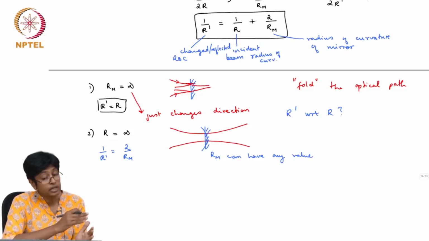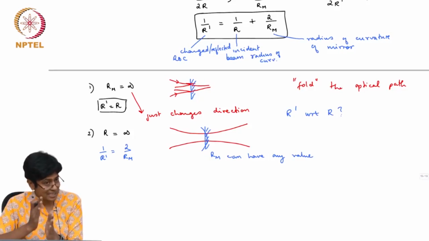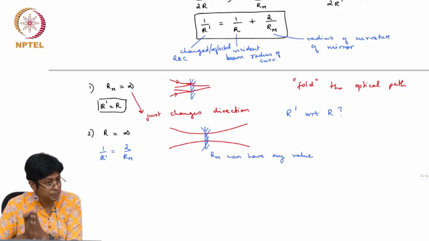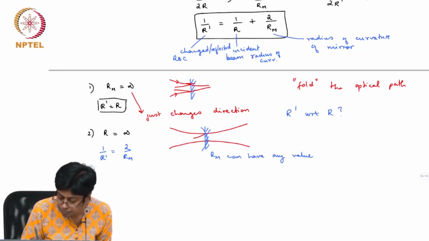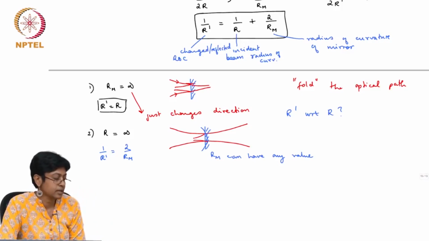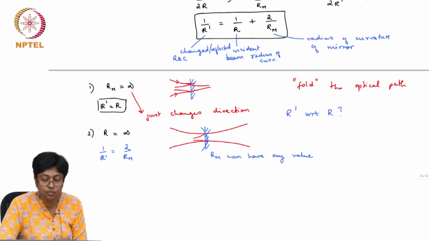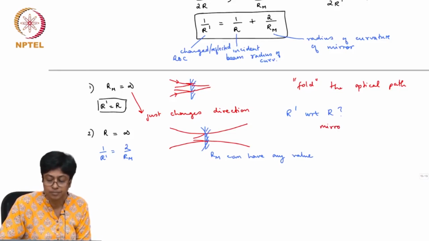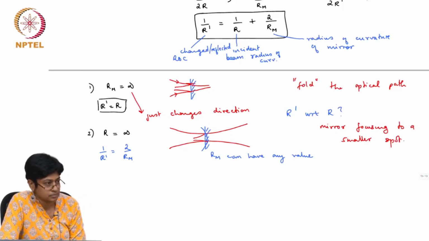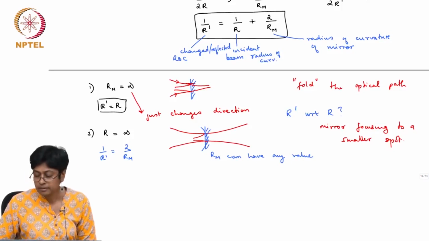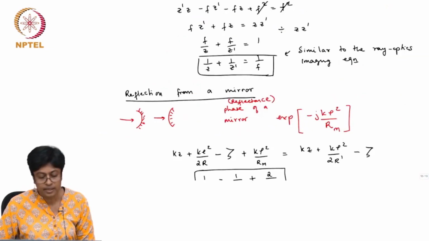Your incident beam was incident on this mirror at the place where the beam acts like a plane wave, now the beam is going to become smaller, right? Because the mirror is now focusing to a smaller spot. And I can look at a third case